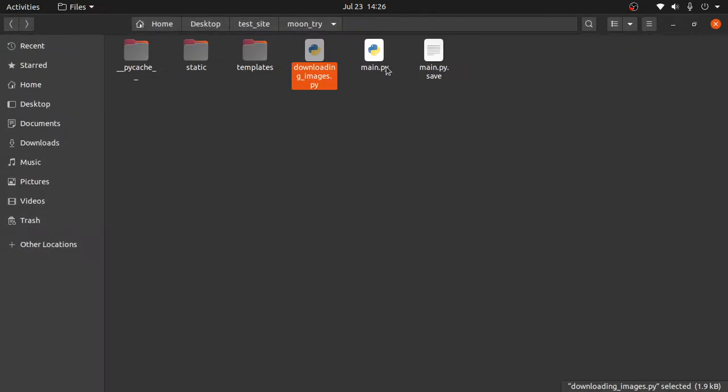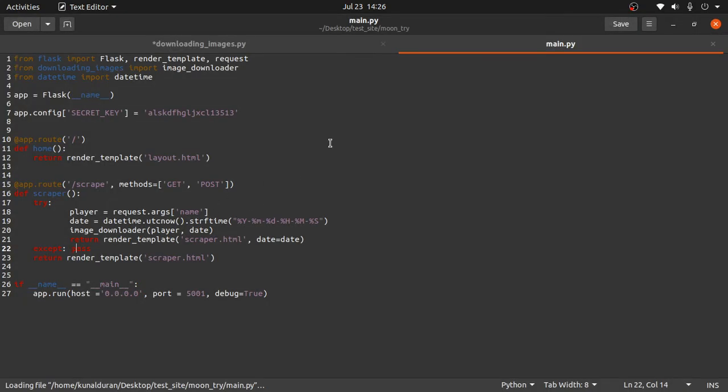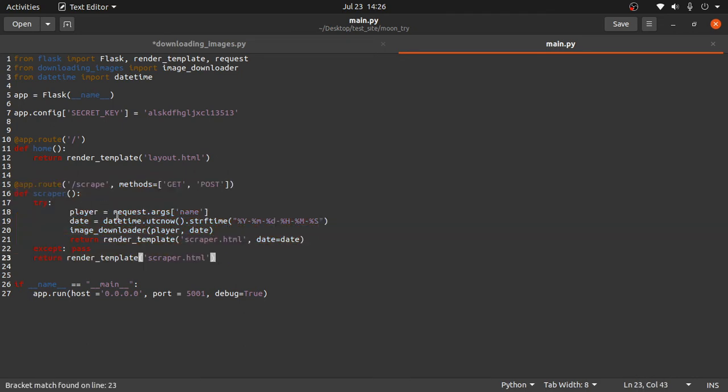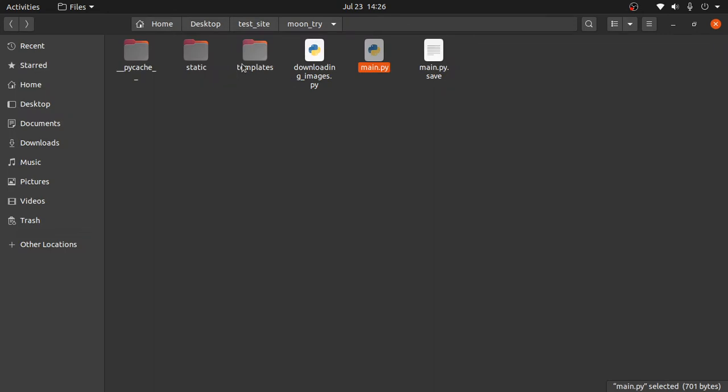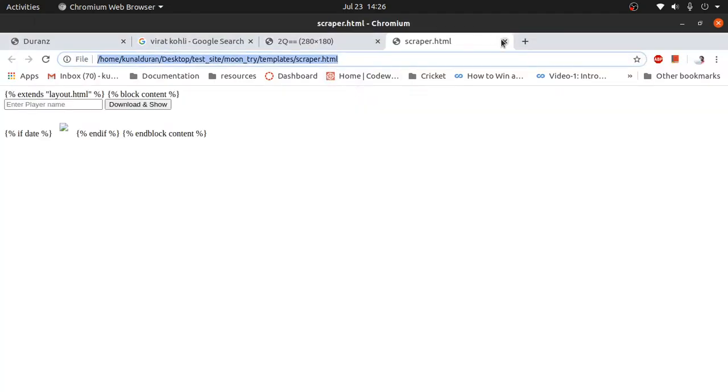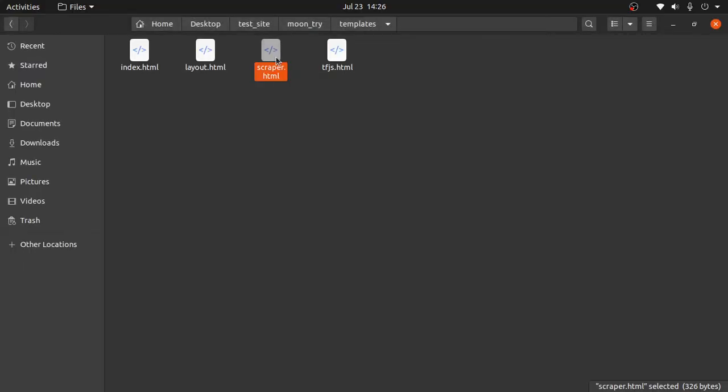Then comes the second part, which is our main.py file. This is the page that we are using to scrape images. Let me also open the templates page, in a text editor.